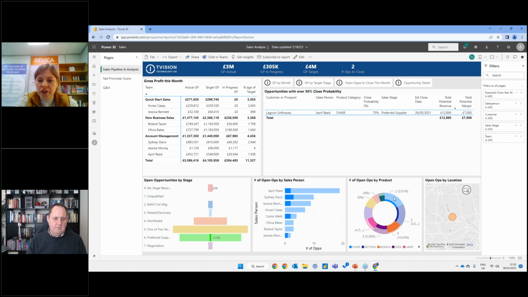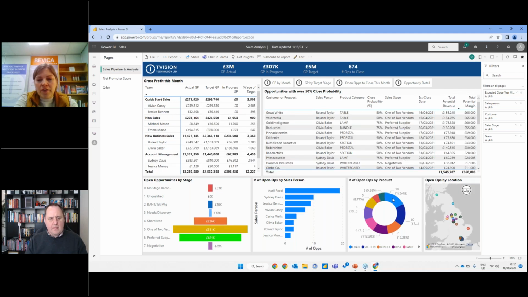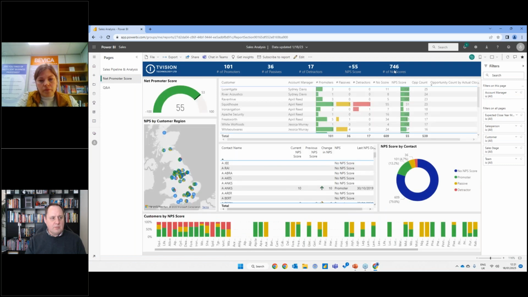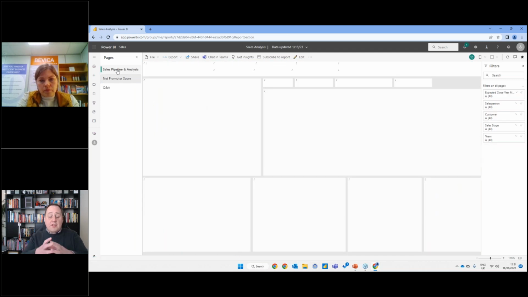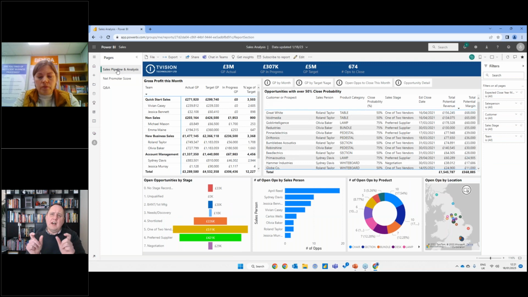Oh, we've had a question saying, are the different information tabs individual pages? Yes. Yeah, they are. So each one of these, in effect, is a separate page within the system or within the report. And in fact, what I'll do to answer that question, I'll show you how, again, with permissions, you can change quickly how your report looks and works.